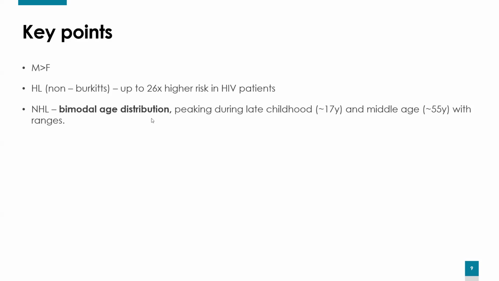There's a bimodal age distribution, peaking during late childhood at 17 years. So the range is about 10 to 22 years, thereabouts. And then the second peak is around 55 years, so around 45 to 65 years. The ranges are just there as a guide. So bimodal age distribution is very important in non-Hodgkin's lymphoma. If you remember anything about it, just remember the bimodal age distribution. Next,